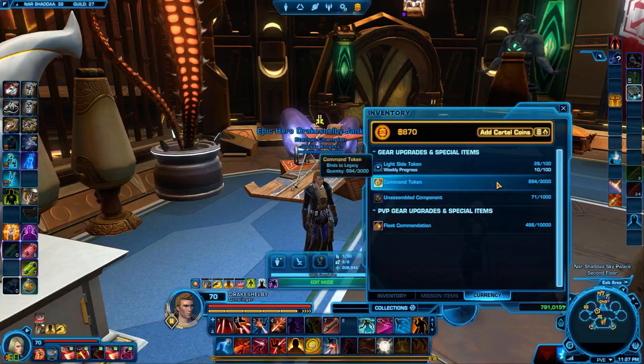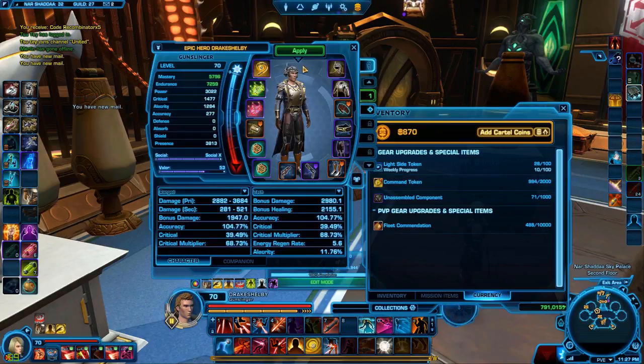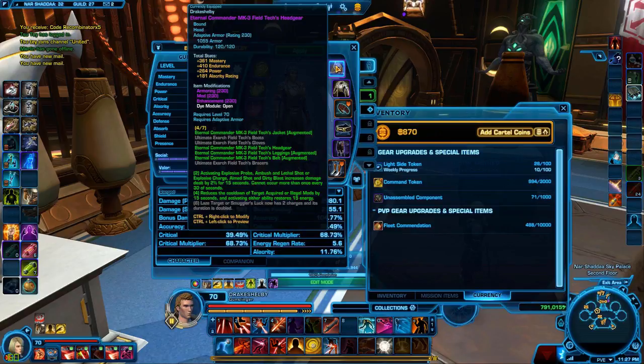You then combine those with command tokens and you can buy specific gear. So for example, you can see that I have 4 items that have the item set bonus. I have not had a chance to get the boots, the gloves, or the bracers. So if I got tired of waiting for those to drop from a command crate, or